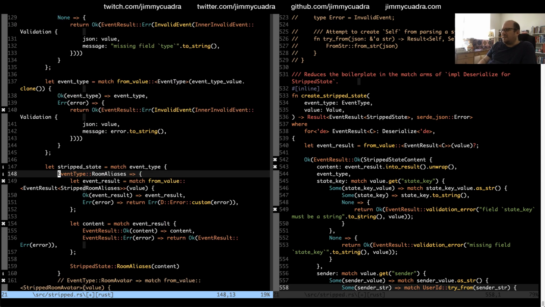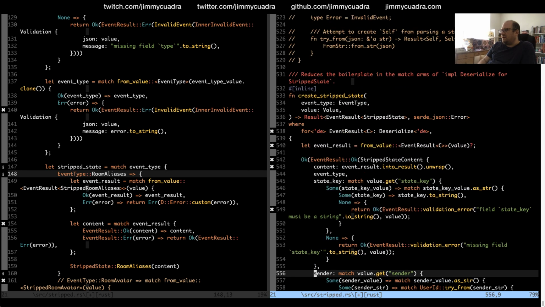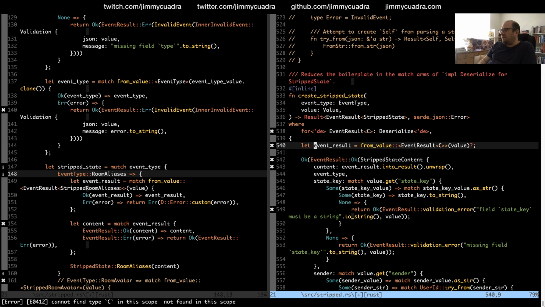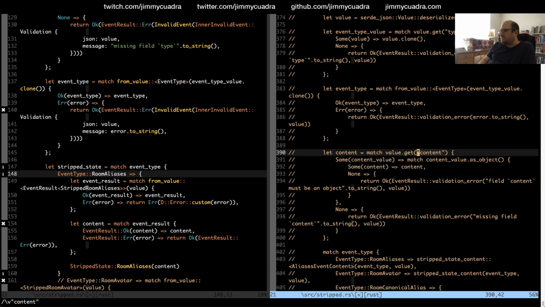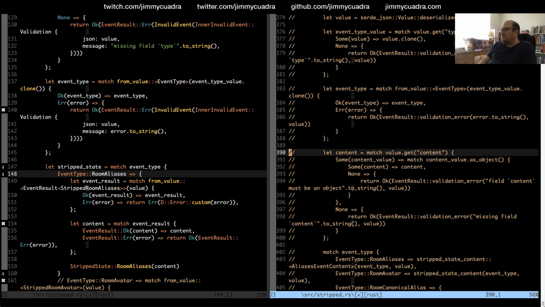Where are we extracting the content field? That's not even in here. I'm so confused. Where does the word content even appear? Oh, I removed it. It was in this one.